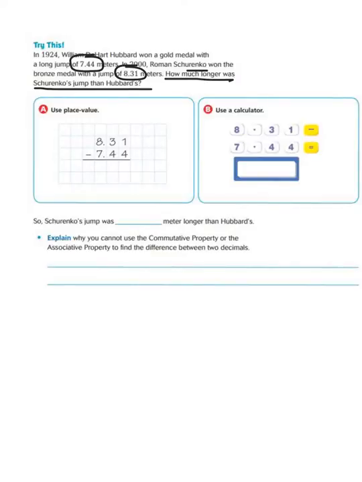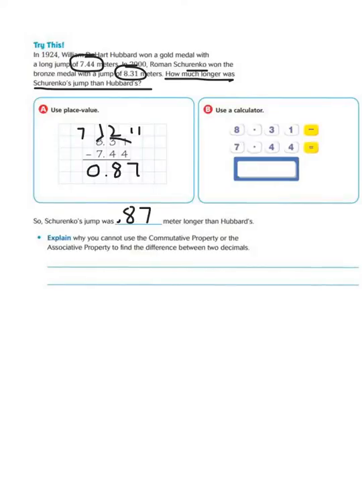Well, we cannot do 1 minus 4, so we need to borrow. Makes that a 2, that makes that an 11. 11 minus 4 is 7. Now again, we cannot do 2 minus 4, so we have to borrow again. So our 2 becomes a 12. 12 minus 4 is 8. We must keep our decimals in line because we are subtracting, and 7 minus 7 is 0. So we see that it is 8700ths